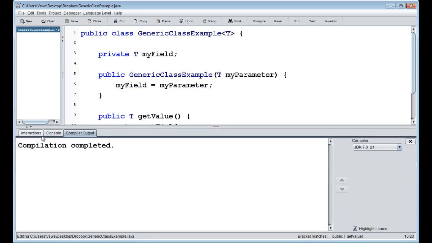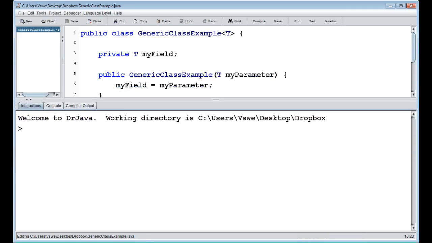Let's see. Let's go to the interactions pane. This is a good example where we can use the interactions pane. So generic class example, and then like we did with the array list, we just do it like that. So we tell it we want a generic class example, which is the class we wrote, and it's asking for a type, so we add a type string because that's the one we want to use in this example. So I can do string example equals new